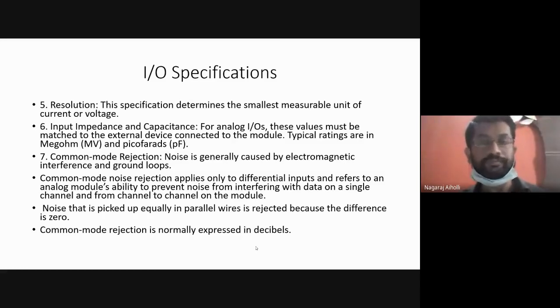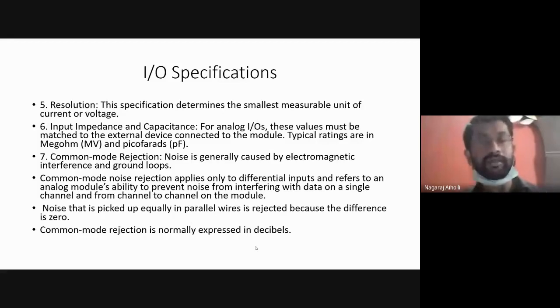And the ground loops. Ground loops are formed. Now there are 2 points in a circuit. If those 2 points in the circuit have the same ground reference, then there will be no noise. Try to understand here. Ground is the same for both the points. If the ground point changes for one among these 2 points, then it results in 2 different ground loops. A ground loop is nothing but from your input to the output, then through ground it comes back to the input. That is your loop. Correct.